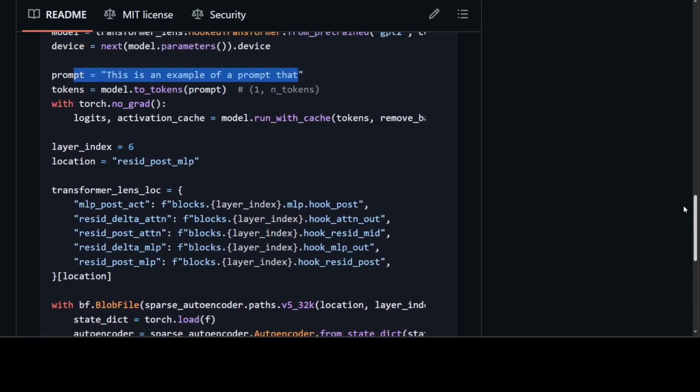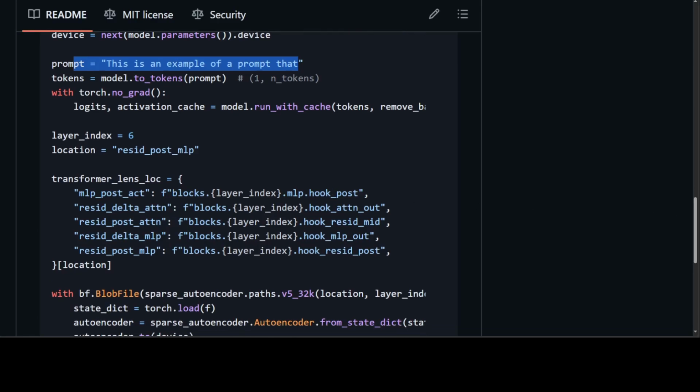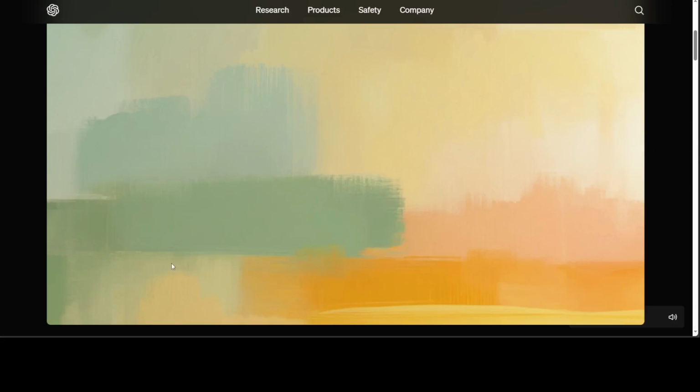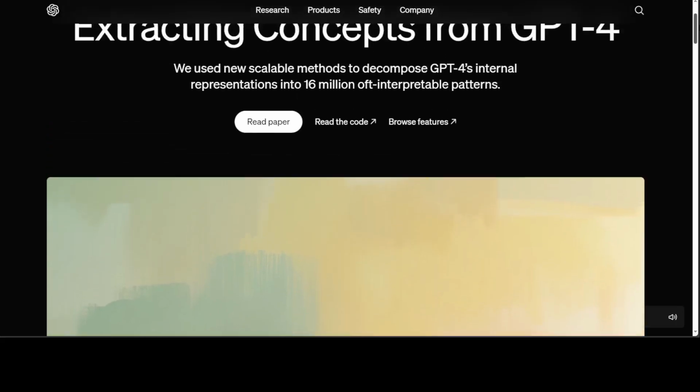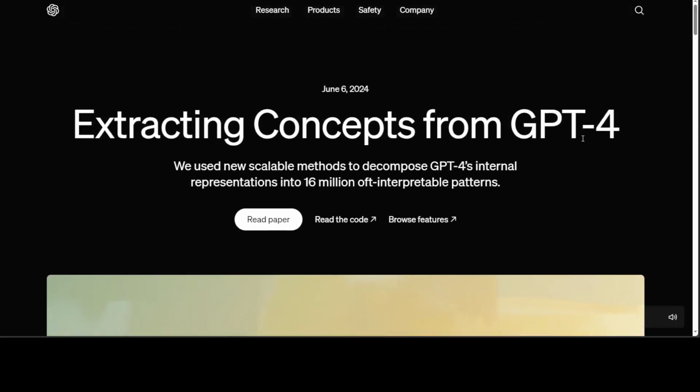Still very early days, still we don't know, still it is not perfect, but at least it's a step in the right direction, because we really need to know if we want to alleviate a lot of anxiety among the lawmakers, among the general public, who are really confused and, to be honest, quite worried, especially due to the AGI sort of stuff where it will reach human-level intelligence. Then we really need to control it before it surpasses that level of intelligence, and that is not sci-fi or fantasy anymore. This is a real issue with real concerns, as you already saw, that these are the sorts of challenges we are trying to tackle.